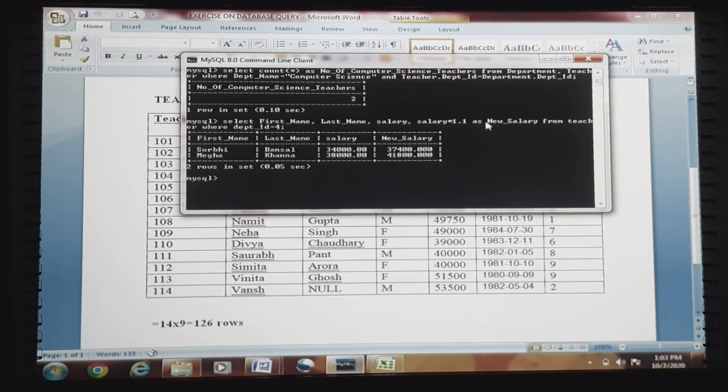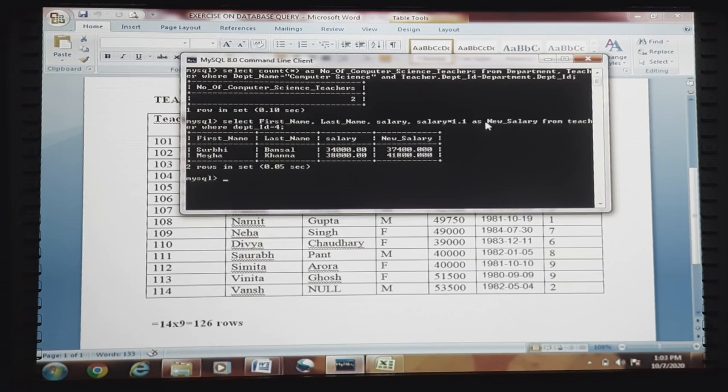Now in our next class, that is tomorrow's class, we will be discussing three more important concepts. One is the group by clause, then the order by clause. Group by is used for grouping objects based on attributes.